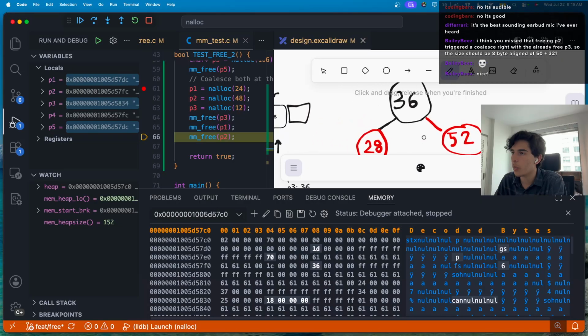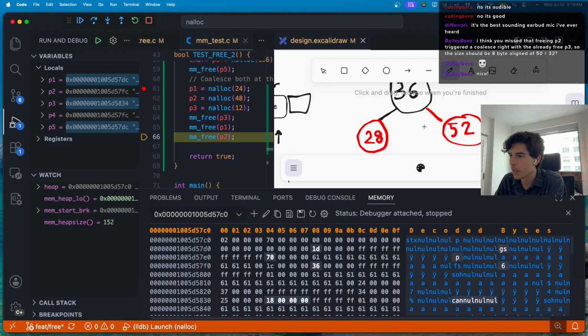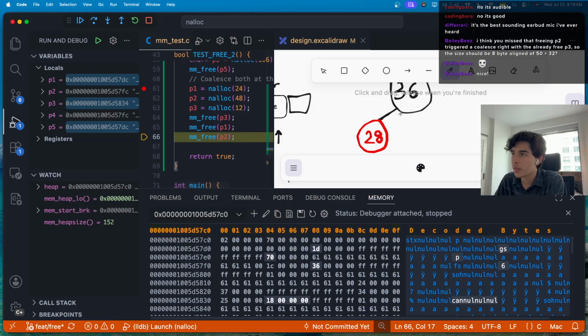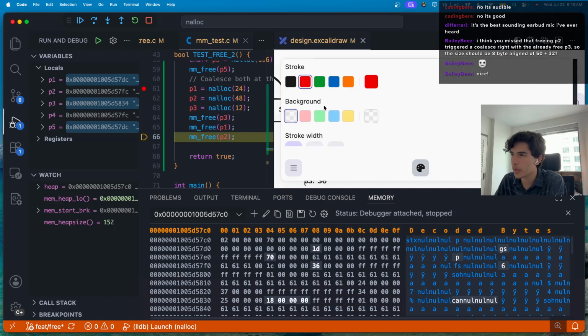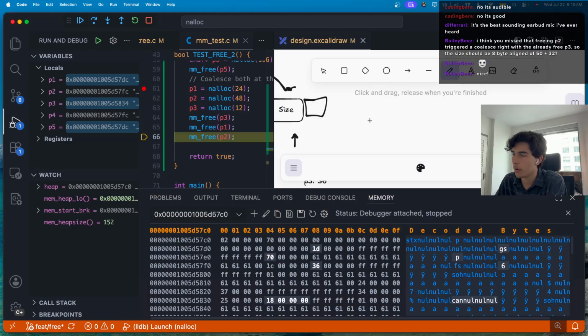right? We nonetheless have to have in mind that... Oh, wait, no. When we free P1, that's the state of the tree. And then when we free P2, we actually remove both of these from the red-black tree, merge them together with P2, and then we have a single red-black tree that is of size whatever the sum of them all is. I think if I remember correctly, it's like 106, the total space we have. Alignment sort of changes things around. But after P2,